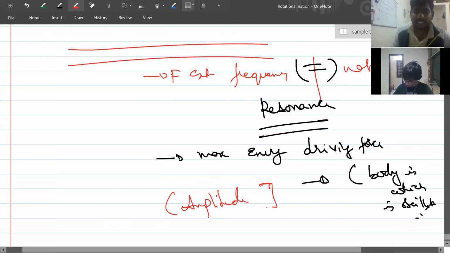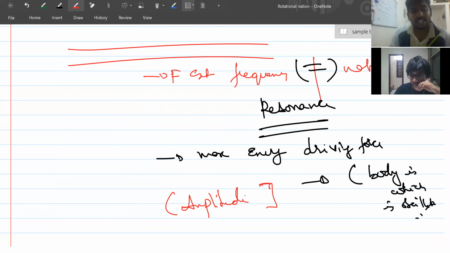That is why when soldiers are marching on a bridge, they are asked to stop their march. If the natural frequency of the bridge and the soldiers' walking frequency match, then the bridge oscillates with a higher amplitude than both the amplitudes. There is a high chance that a lot of energy from the marching is transferred to the bridge, and the bridge might collapse with that kind of amplitude. Got it?